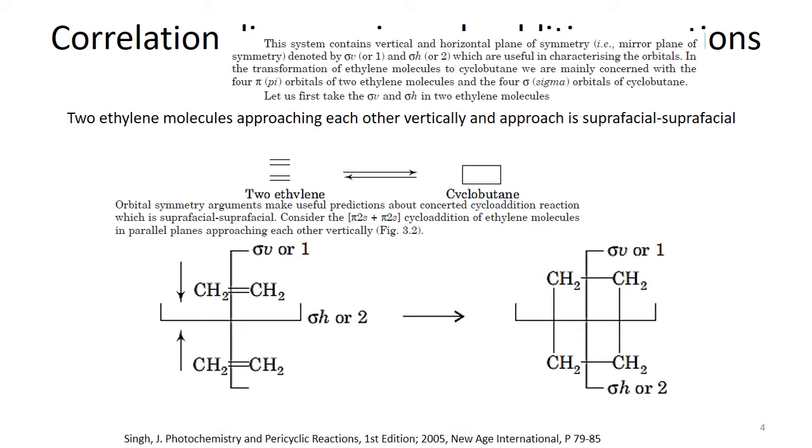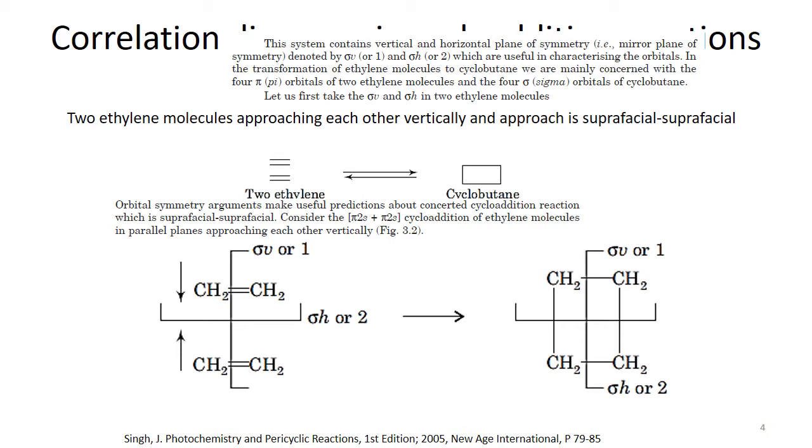Just like in the ethylene molecule, the line connecting the two molecules is basically the axis of symmetry here, so the C2 axis is here. In this case, if we divide the molecules perpendicular to this line joining the two nuclei, then we call it the vertical plane of symmetry, or sigma v. Basically, sigma h, the horizontal plane of symmetry, always has to be perpendicular to sigma v. In this case, we are going to denote these sigma v and sigma h as 1 and 2. These are just random designations.